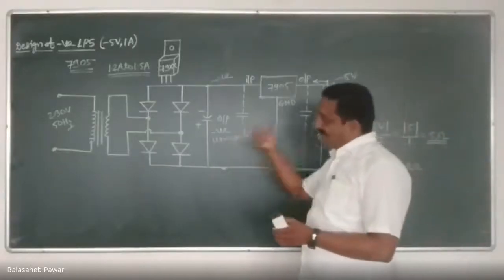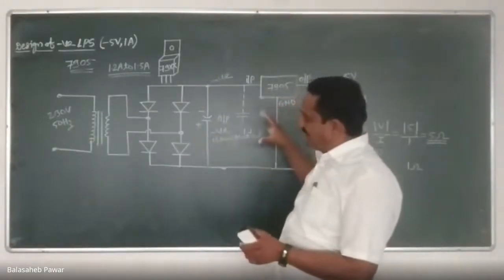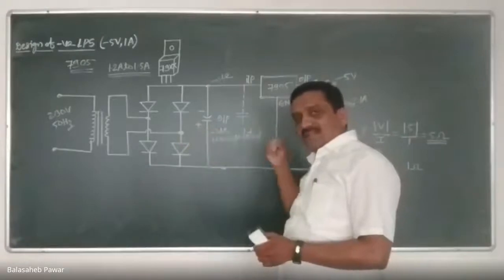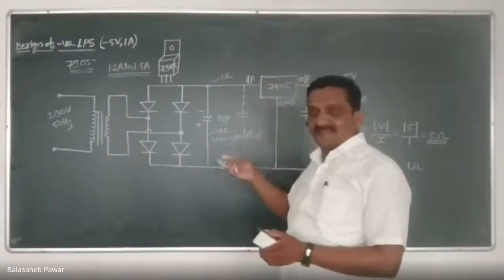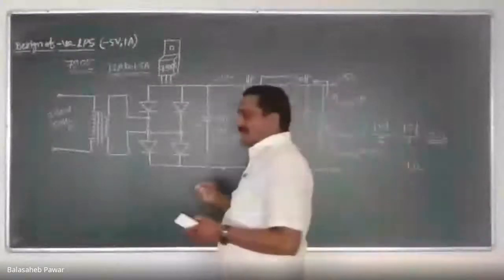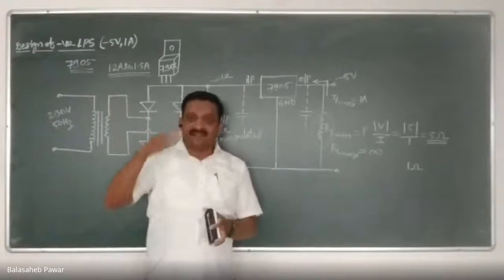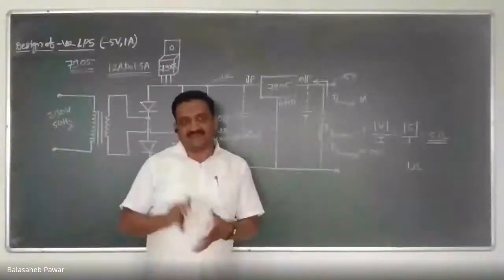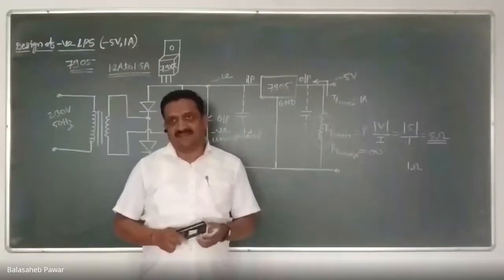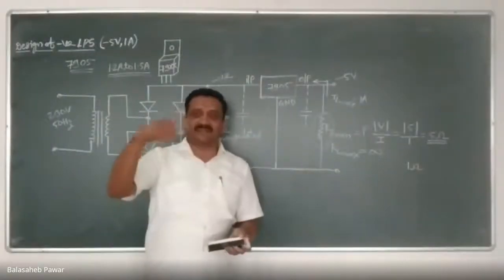So the size gets increased. I tried to show it by increasing the size. The voltage rating of all those 3 transformers remains the same, that is 12 volt, but the current rating gets increased. That means the conclusion is what? The size of a conventional transformer increases by increasing the current rating of that transformer. So my question is why? If the current rating of a transformer increases, its size also gets increased. Why?